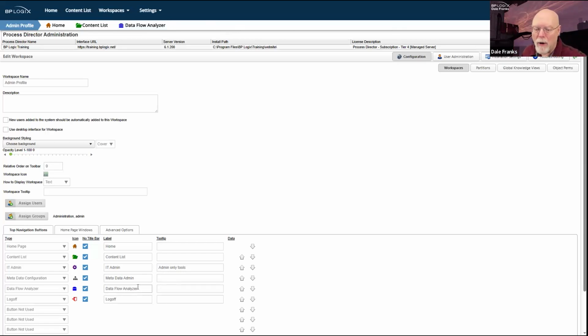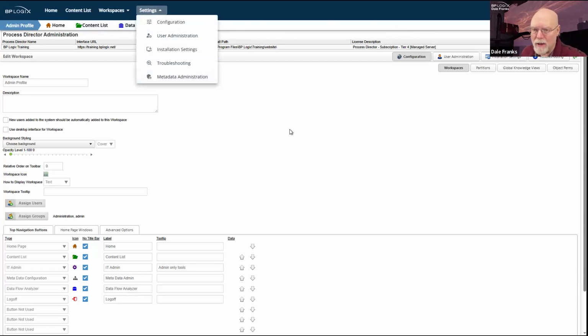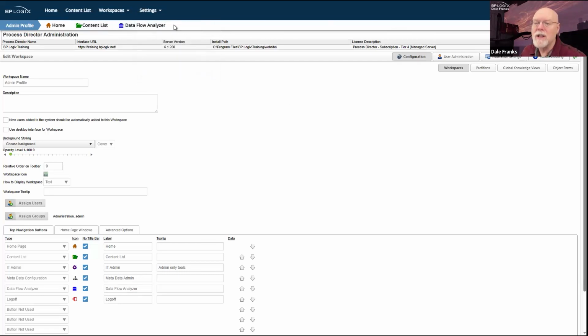And that's primarily what our thought process was whenever we were determining what would go on the navigation toolbar and removing stuff that already appears in the UI menus, simply to give you extra horizontal space to add additional buttons. For the admin profile, it's probably not something that you're going to fill up all the way over here.